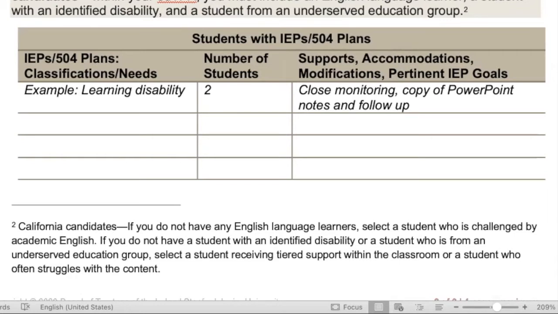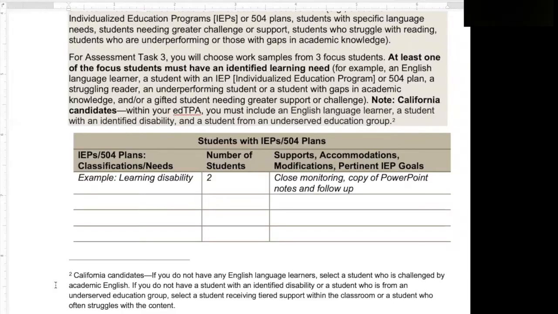If you do not have a student with an identified disability or a student from an underserved education group, select a student receiving tiered support within the classroom or a student who often struggles with the content. There are always students who struggle with content, and we can get into that in just a moment. But students with IEPs or 504s, you can list them here.